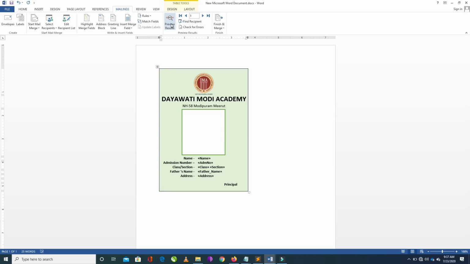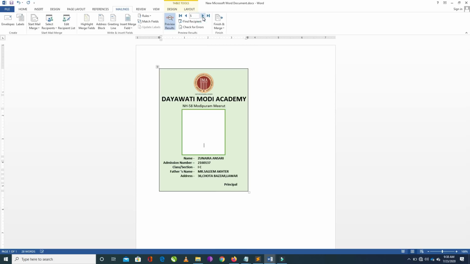We will check the result. Now click on this button, preview results. When we click on this, you get the result. This is Vishesh, and the admission number is this, class and section is this, and father's name and then address. Now if you want to check the next ID card, click next.